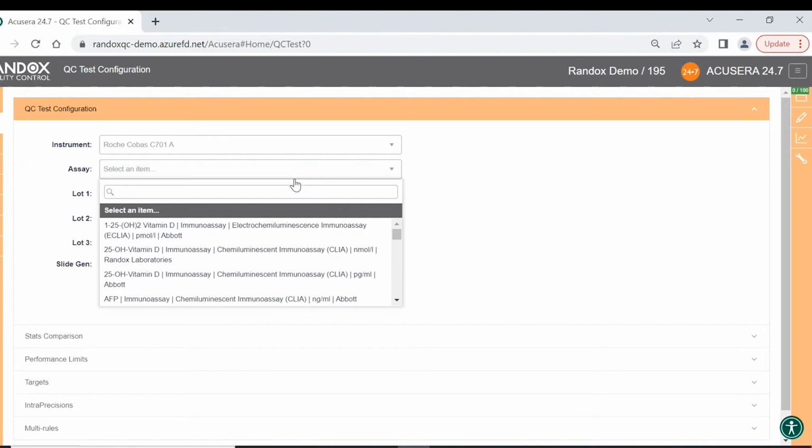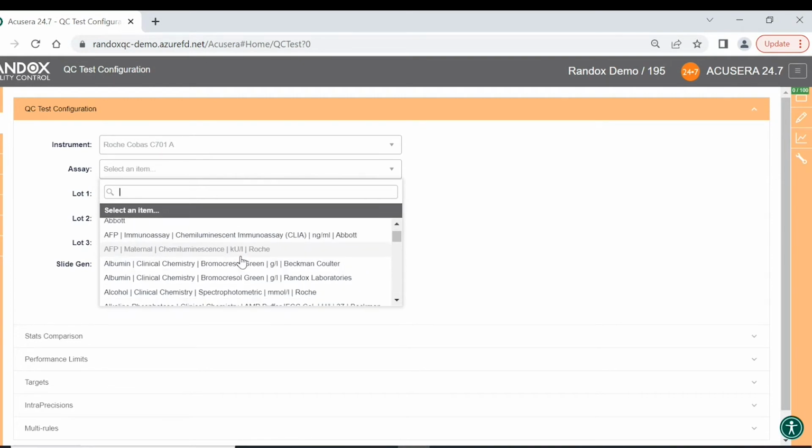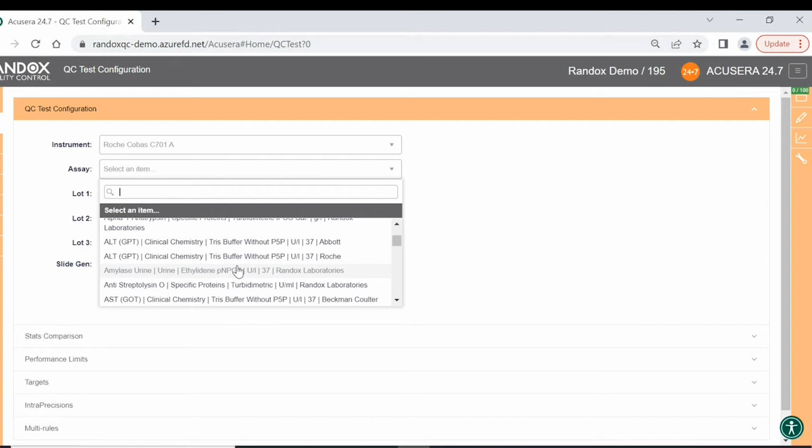Once we've chosen an instrument, our assay drop-down box is selectable. Any of the assays within this drop-down box are specific to that instrument, i.e. there will not be any assays in our assay drop-down box that the instrument does not analyze. So if we choose an assay,